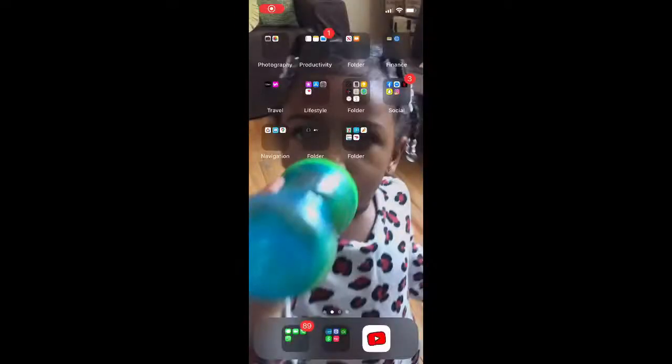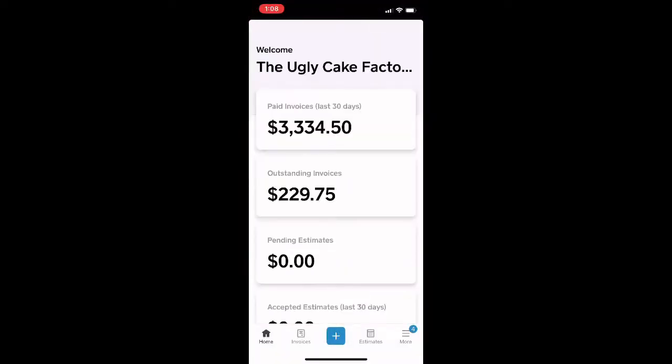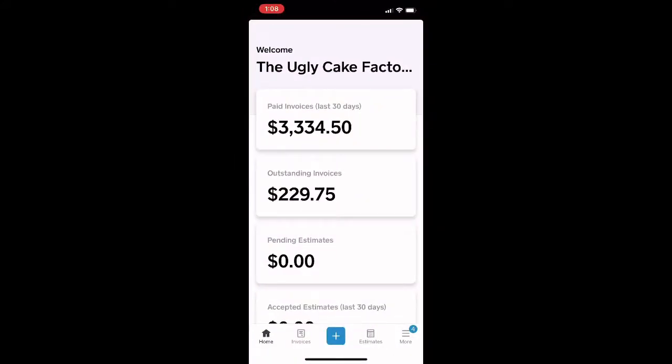So guys, I'm going to show you how to create an invoice with the Square app. So you're going to open up your invoice, and let me start over from the beginning so you can actually see what it would look like once you're opening it up. So you're going to go to your app. You're going to hit the button below that says add